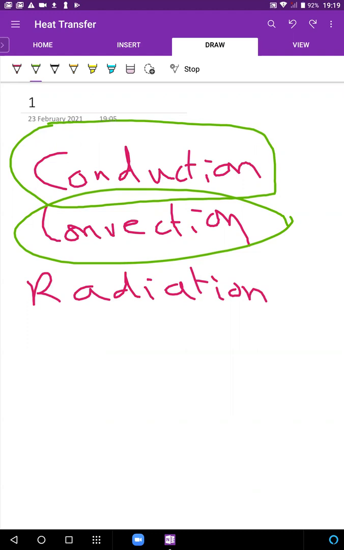So somebody is saying कैसे? So the way heat is transferred in conduction, the same way you're going to have current flowing, or the same way you're going to have electrons being transferred in the current electricity chapter. You'll see when we get to conduction, there'll be a lot of similarity.